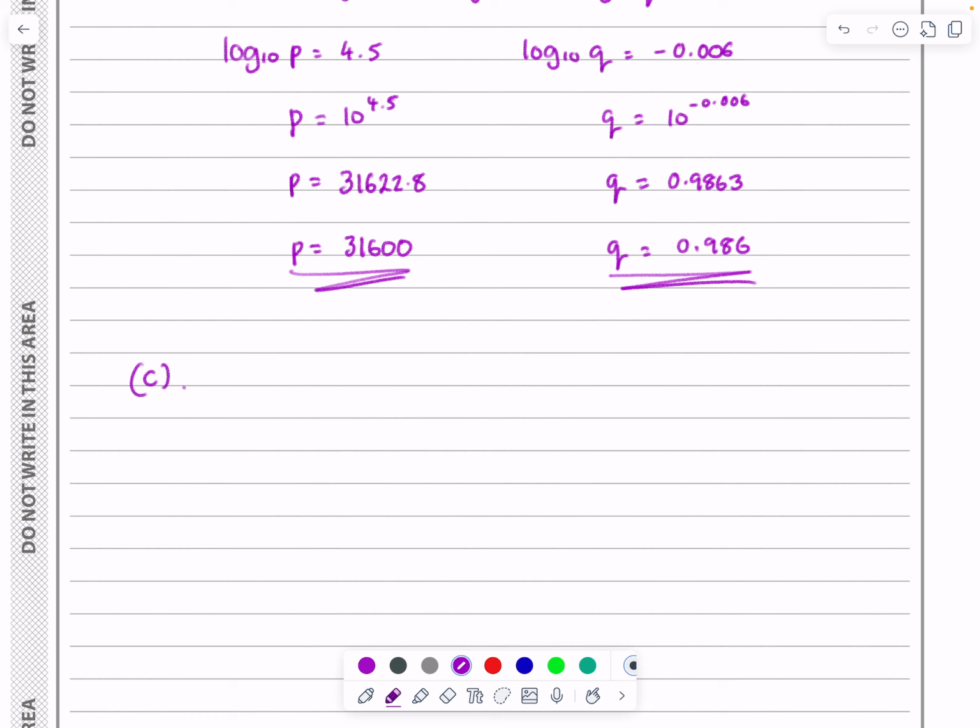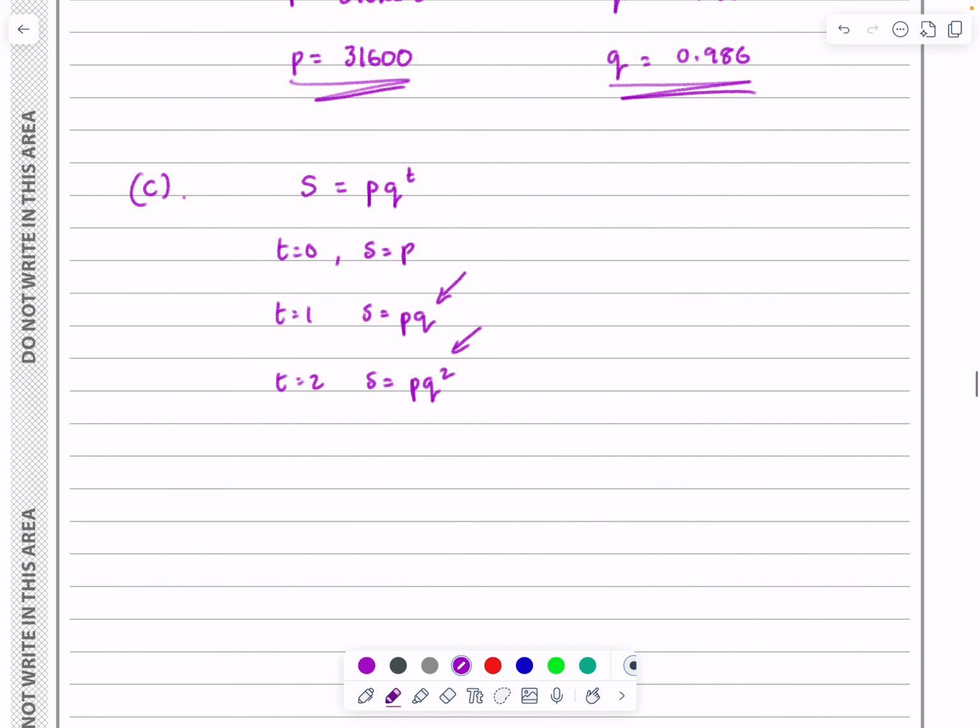Basically, we've got that S is equal to PQ to the T. And so what that means is that when T equals 0, I'd get S equals P. When T equals 1, I'd get S equals PQ. When T equals 2, I'd get S equals PQ squared. So what's happening is that each subsequent year we are multiplying by Q. And we're multiplying by Q, and Q is 0.986. So we are getting 0.986 worth each subsequent year, or in other words, we are multiplying by